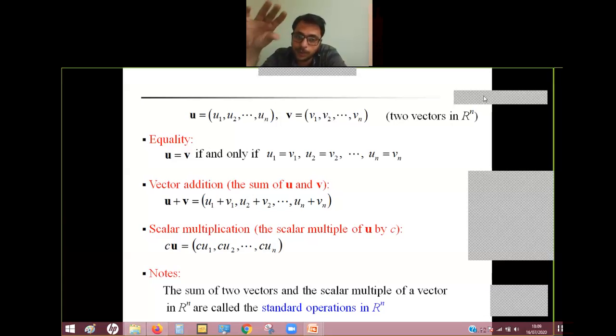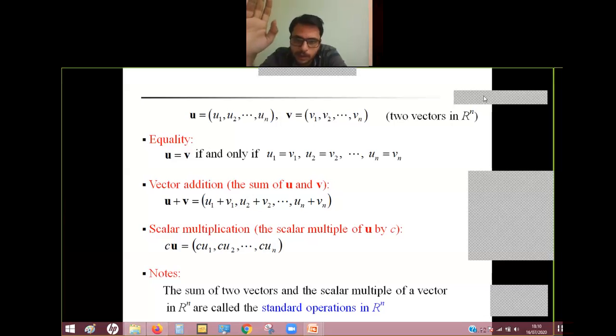How to remark on the obtained result, we will see in the definition of vector space. For the time being, just remember that u plus v is performed this way. The next is scalar multiplication, and by the graphical method I am going to show you how to do vector addition and scalar multiplication. So geometrically we are going to see this.